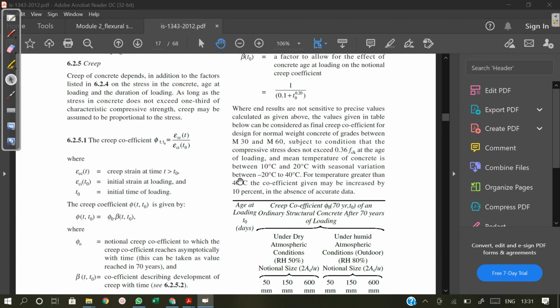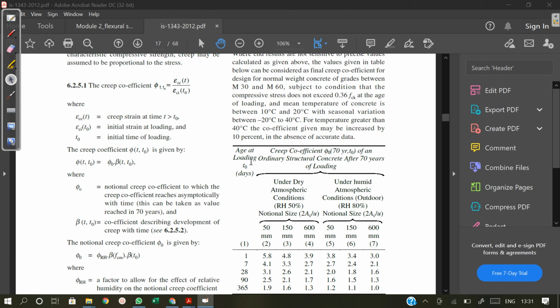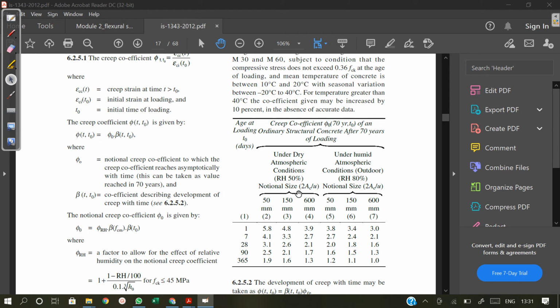So we can see here that the same thing can be found out using this table, based on the age at loading, corresponding to 70 years, and relative humidity and notional size. That is, at what time you are loading the structure. If it is the first day you are loading, okay fine, 7 day, 28 day, 90 day or 365 day. The notional size, that is 2 Ac by u, we have discussed while calculating the shrinkage strain. Based on that, for relative humidity 50% and 80%, you will get the value for your phi naught,